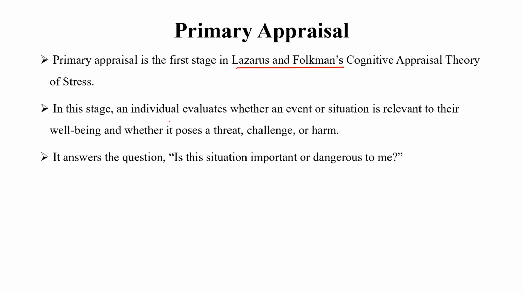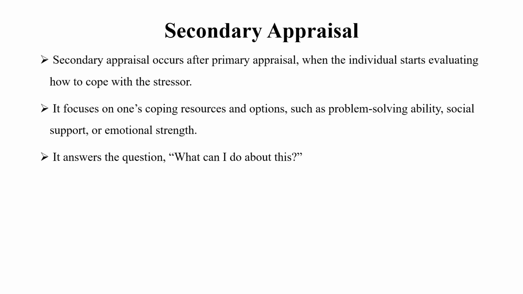In this stage, an individual evaluates whether an event or situation is relevant to their well being and whether it possesses threat, challenge, or harm. So, it basically answers this question: is this situation important or dangerous to me? That is a challenge or a threat. That is primary appraisal. Coming to secondary appraisal, it occurs after primary appraisal, when the individual starts evaluating how to cope